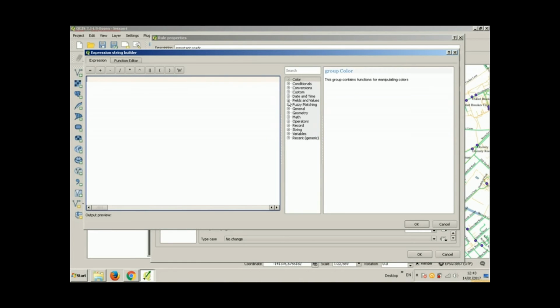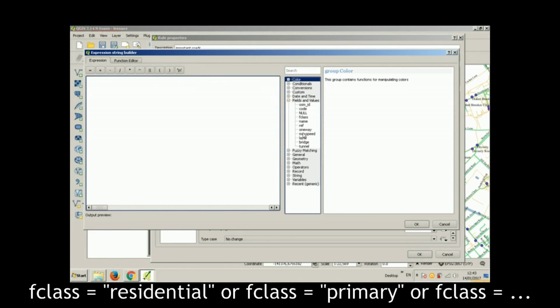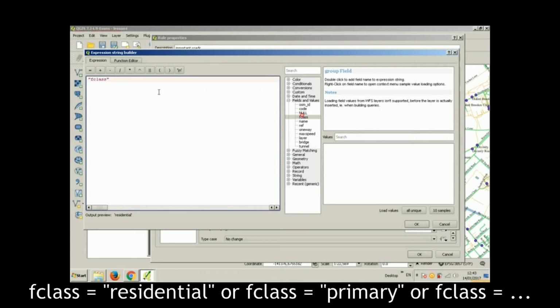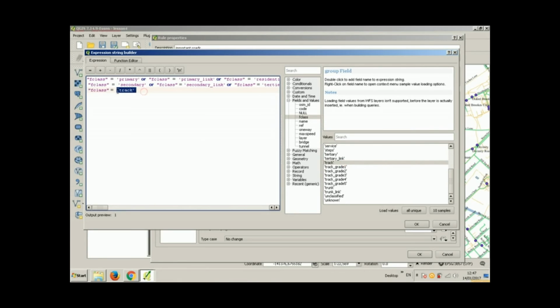In the expression field type F-class equals, click All Unique Values to see which values to choose. To have more values labeled the same, type F-class equals, for example, residential, or F-class equals primary, or F-class equals primary link, and so on, until you have written all the classes that you want to represent with the same